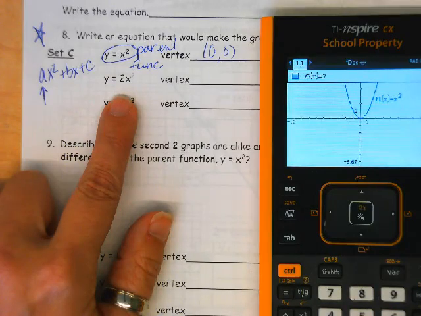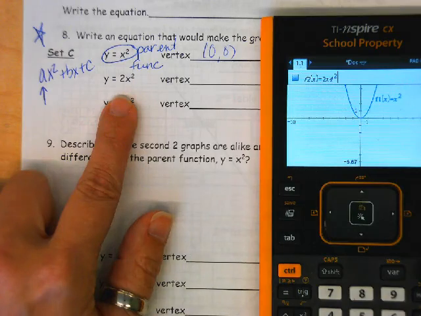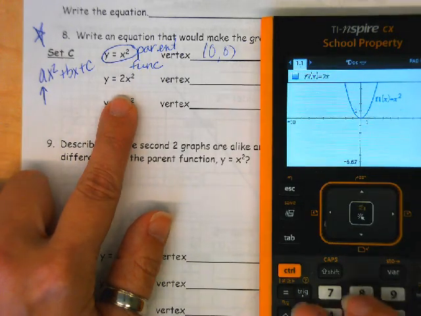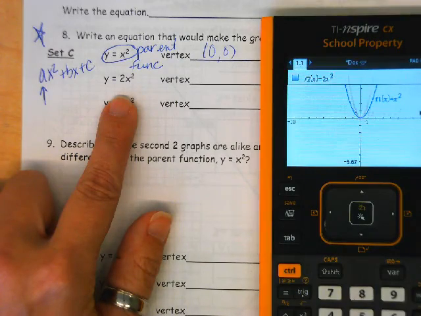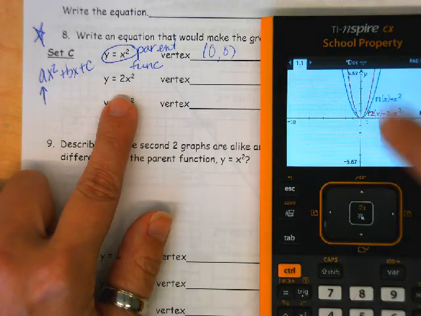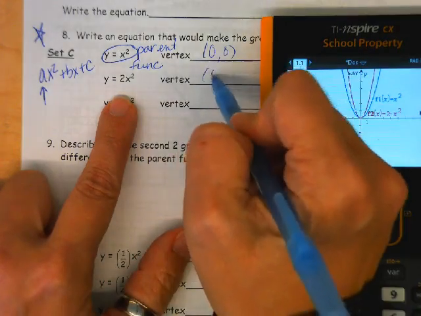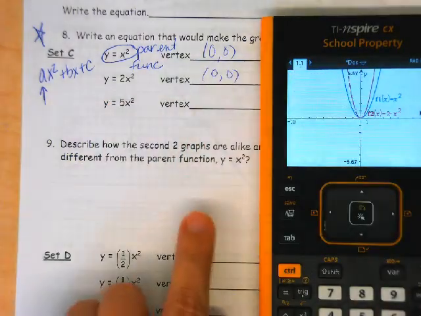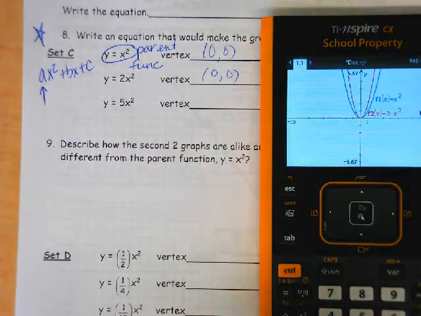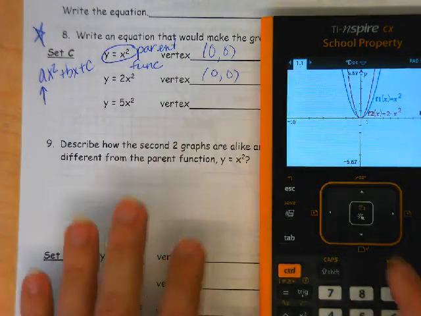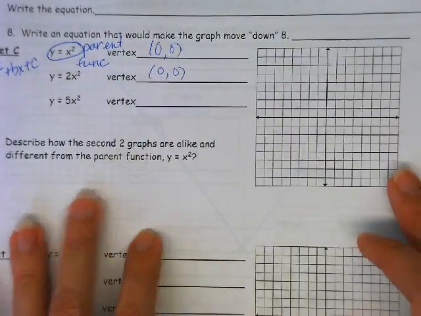Nobody sure? What do you think? You know? Tell me. It's going to get, not smaller per se, but it's going to get narrower. I want you to notice, right? It still has a vertex at (0, 0), but it got narrower. It got skinnier. Okay? And the reason for that, if we come over here to the graph,